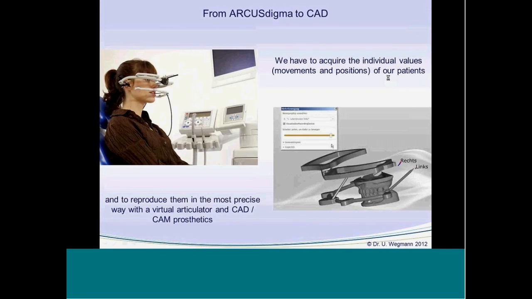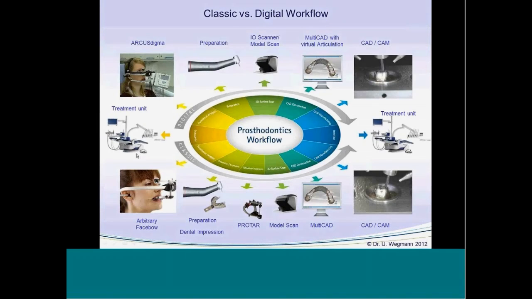And this can change our workflow from a more classical workflow with mechanical facebow transfer and so on to a fully digital workflow. Registration done electronically. Unfortunately, we have to do the preparation up to now by hand, not electronically. But then we send this data, and the data coming from a scanner of the occlusal surface or the prepared teeth, into our CAD/CAM system, and then we can manufacture our prosthetics.